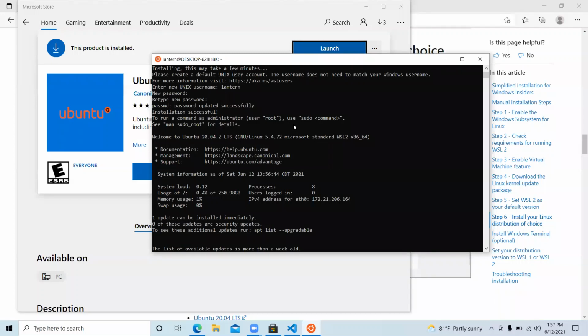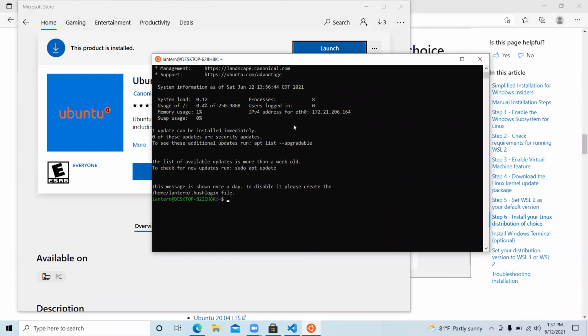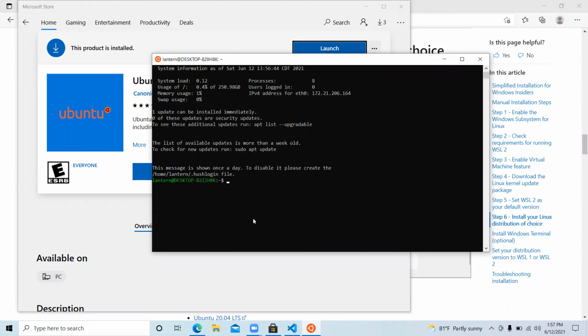And so the reason why we had to do that is because every operating system requires a user. And so we created a user. And I'm calling this Lantern, but you can call it the same username that you use for your Windows 10 computer. It's up to you. All right, so now that I have set up